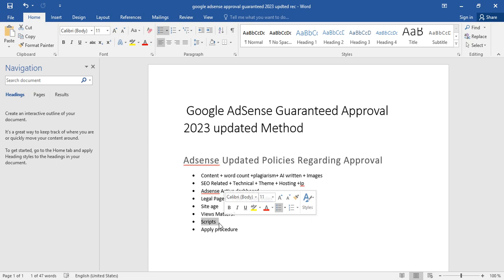If you are believing in shortcuts, this video is not for you. Because if you are using shortcuts, there is no success. You are getting hit by updates. Google will hit you with updates. You cannot get to the success point. So if you're thinking of scripts and things like that, that really doesn't work in 2023 and afterward.